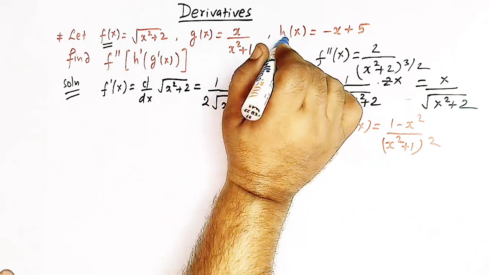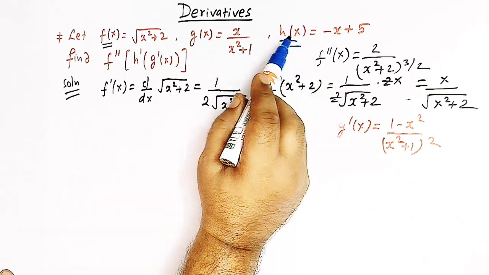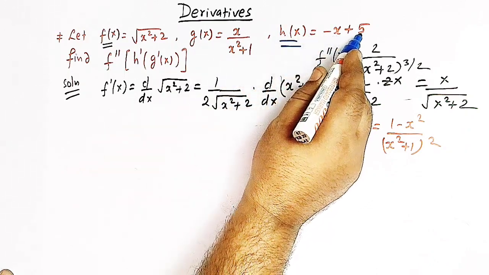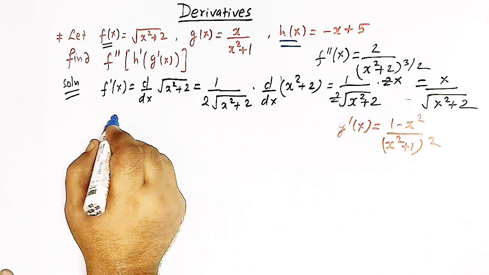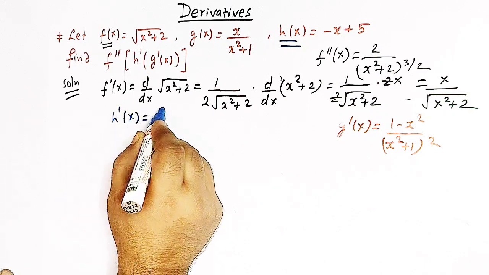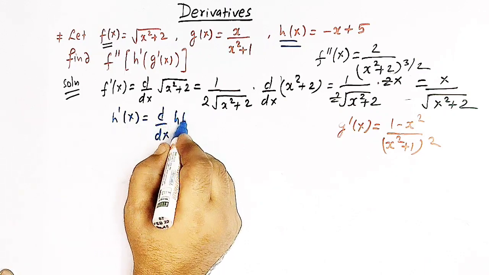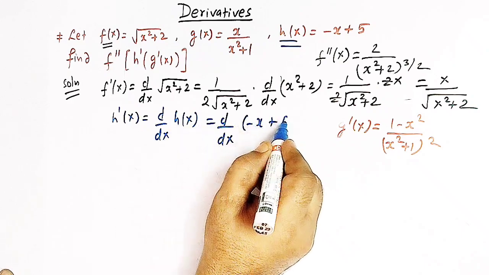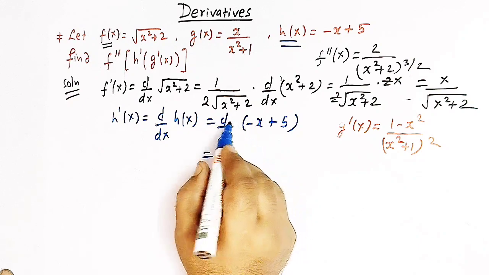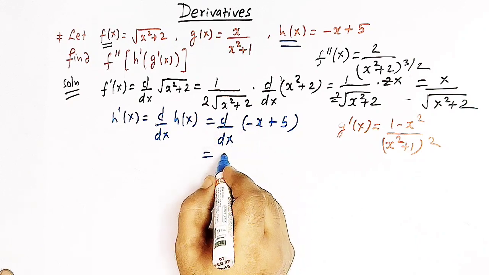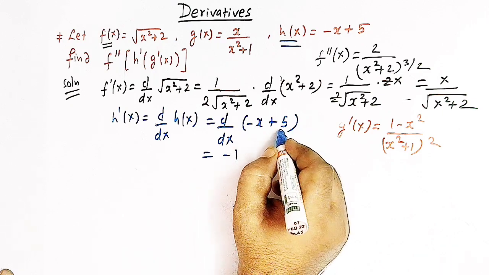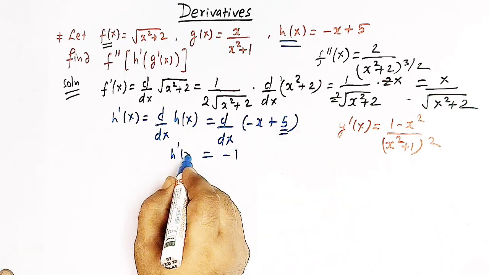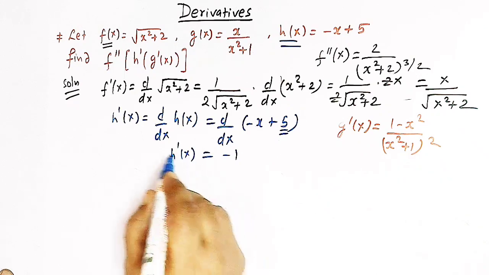So now let us find out the derivative of the third function, that is h of x is equal to minus x plus 5. So this is a linear function. So h prime of x is given by d by dx of h of x, and this is d by dx of minus x plus 5, and the derivative of x is 1, so we have minus 1, right? And the derivative of 5 is 0 being a constant. So h prime of x is equal to